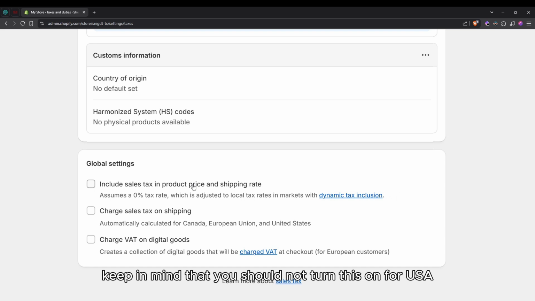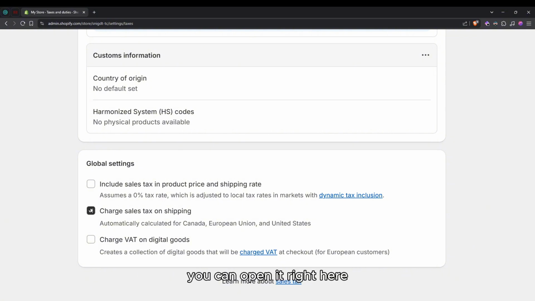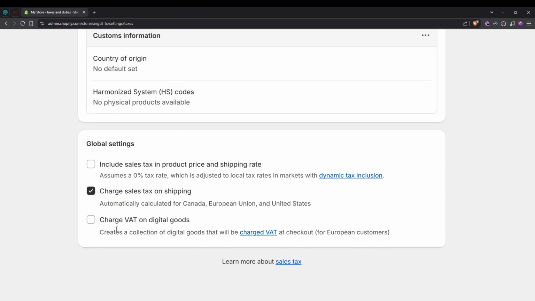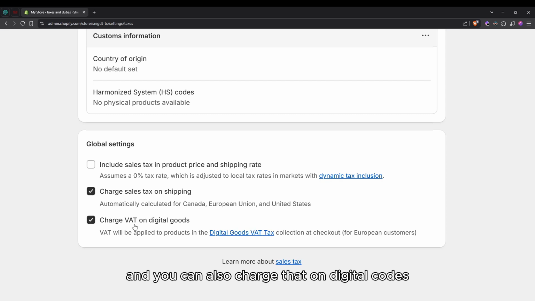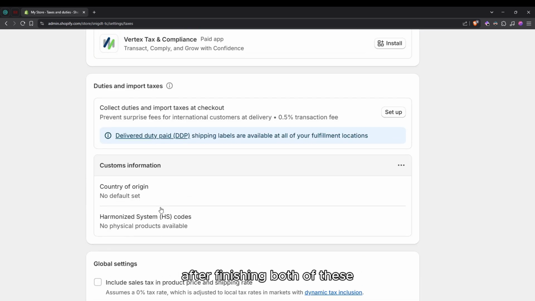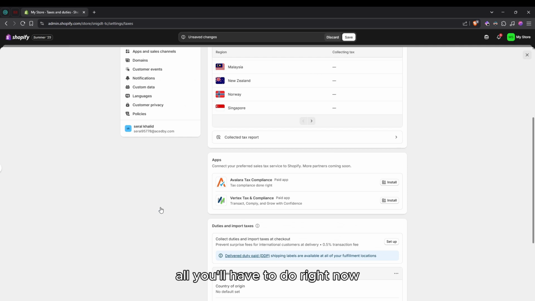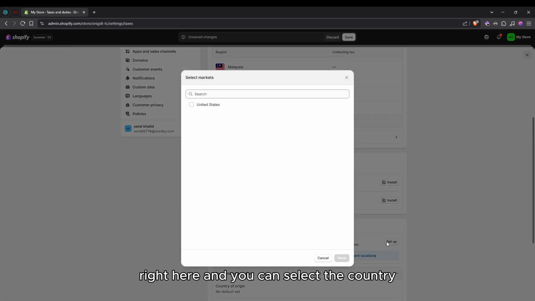Keep in mind that you should not turn this on for USA. You can also charge sales tax on shipping. You can open it right here, and you can also charge VAT on digital goods. After finishing both of these, all you'll have to do right now is click on the setup button right here,